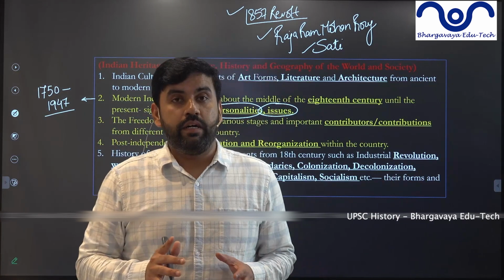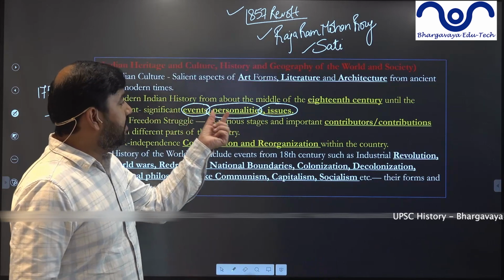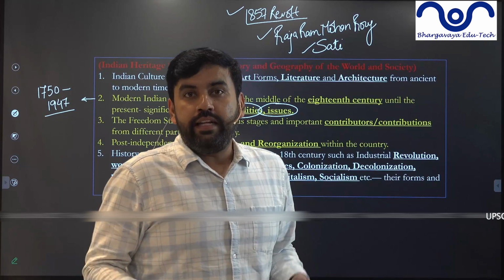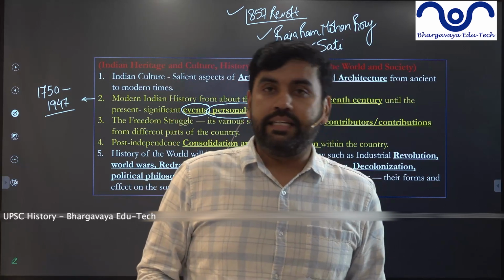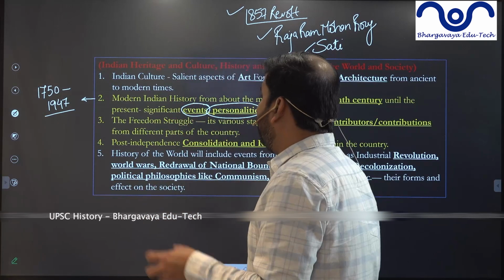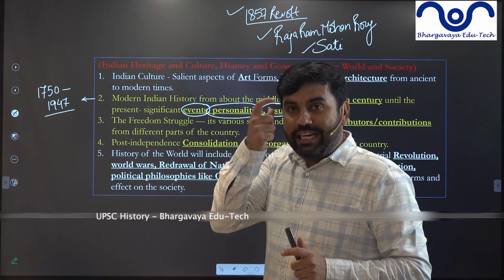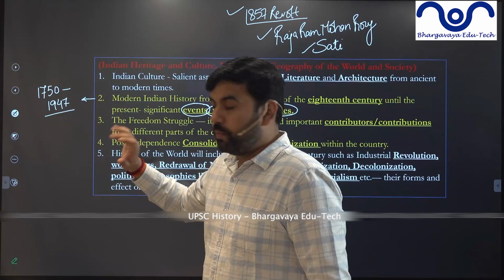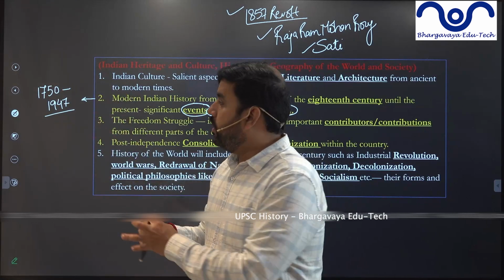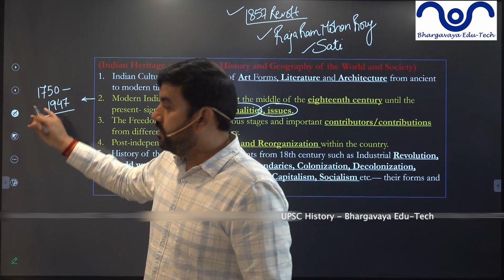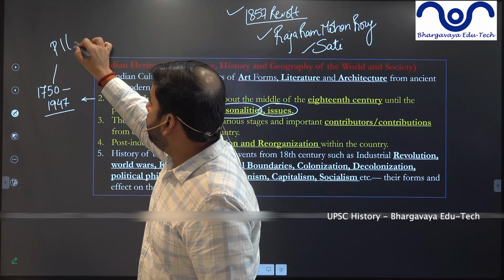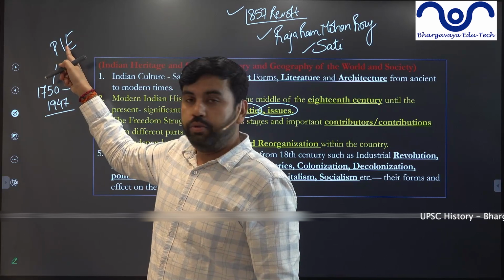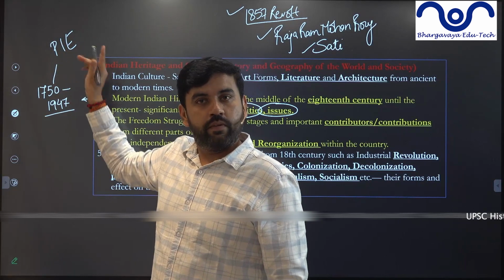So please remember, only those personalities, events and issues are going to be discussed that created history, that are important from the historical perspective. So the first thing that you will always remember in your mind is that the modern India part 1 syllabus, this is part 1, this is part 2. Part 1 syllabus talks about a period of 197 years focusing on PIE. Please remember this, PIE: personalities, issues, events. Clear?